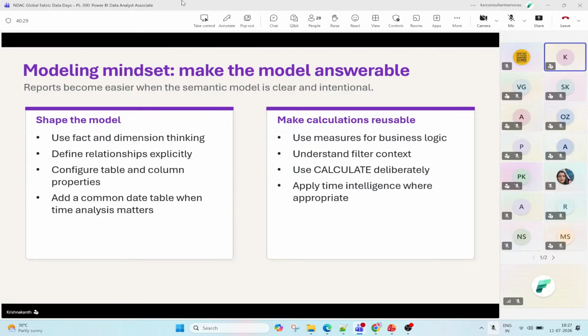Second scenario is if you have more than one active relationship you want to showcase. For example, already there is an active relationship between the date column and the order date in the fact table. So we want to showcase based on delivery date: what is the sales revenue, or what is the sales quantity happening based on the delivery date. Now in this scenario, we can connect the inactive relationship, and we need to write a measure based on a DAX function called USERELATIONSHIP, referencing columns from the dimension table and fact table. Through this way, we are able to achieve more than one active relationship.